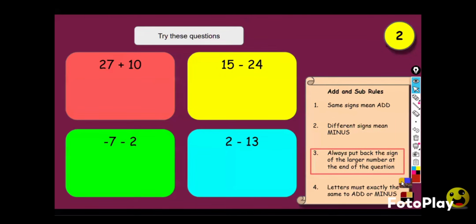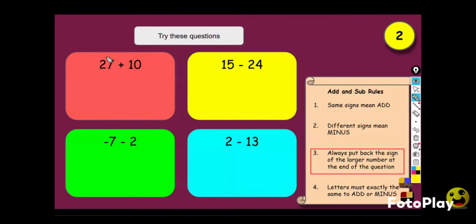But when you're sending the answers, you can say the red answer, the yellow answer, the green answer, or the blue answer. But I just need you to try. I will work it out just now. Take 4 minutes. 1 minute for each question and send your answers on the chat. To the red one. So for the first question, the red one, remember, the first thing we have to do